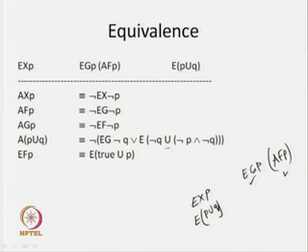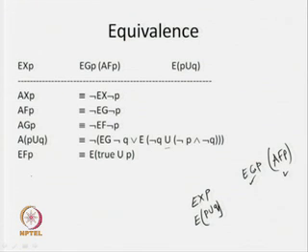And E F p, you just see that E true until p. So, we need this particular E F p for A G p. So, we are going to say that E true until p. So, with the help of those particular equivalents, we can say that if I am going to consider only these 3 operators, then what will happen?